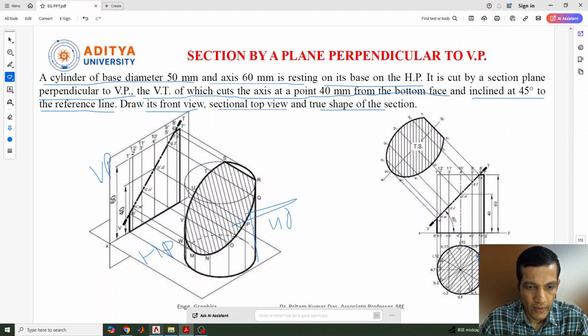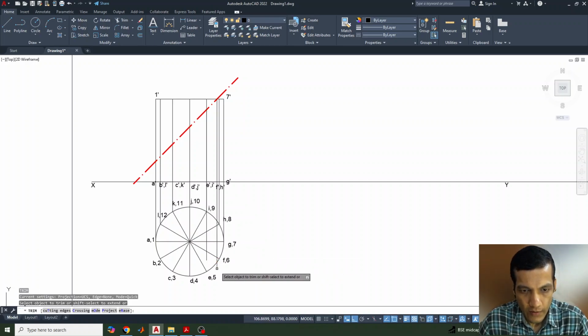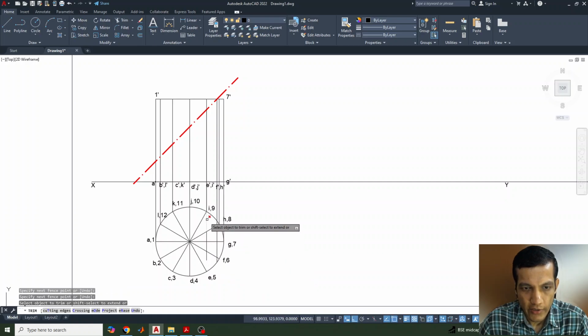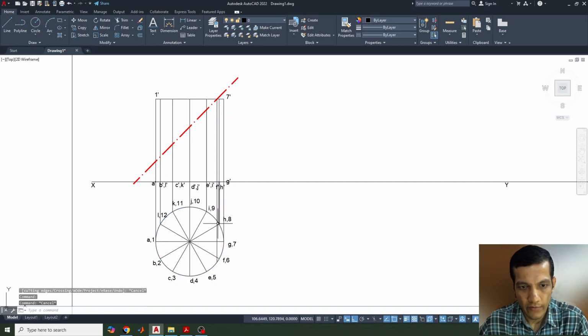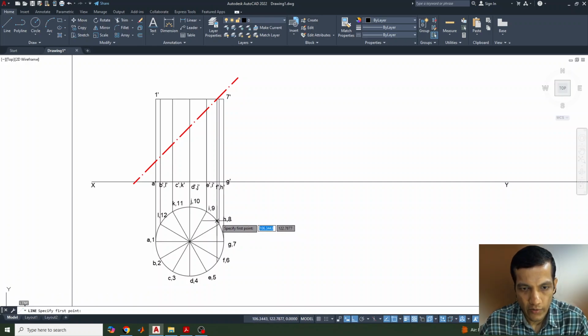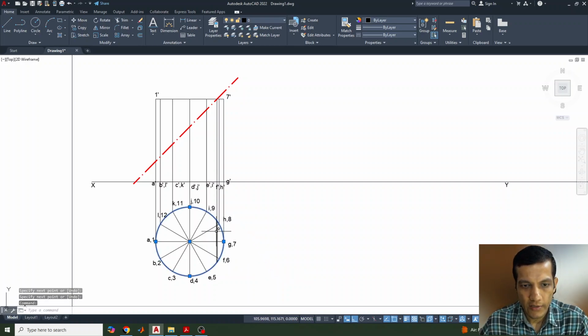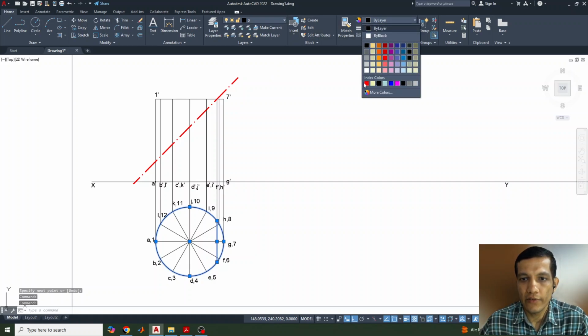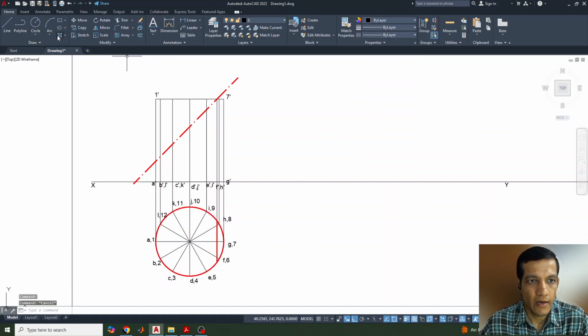Okay, now what I'll do here, I'll just go for trim. Then this also is not required for us again. Okay, because it will be covered up to here, it means this part is not required. So right now what I'll do, I'll just select this. Okay, one more line I need to draw from here to here. Okay, and select this line, and change its color and thickness, and now give the hatching